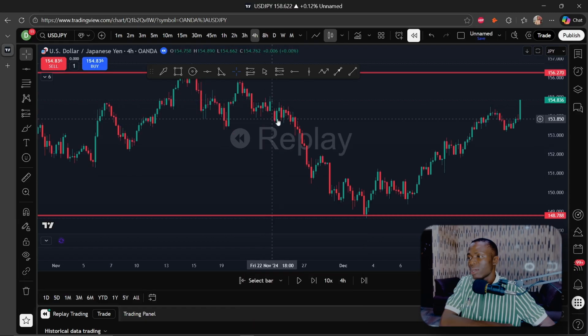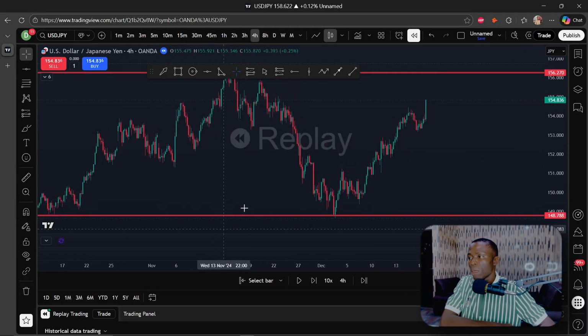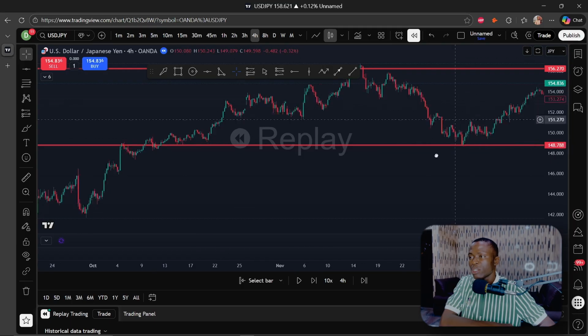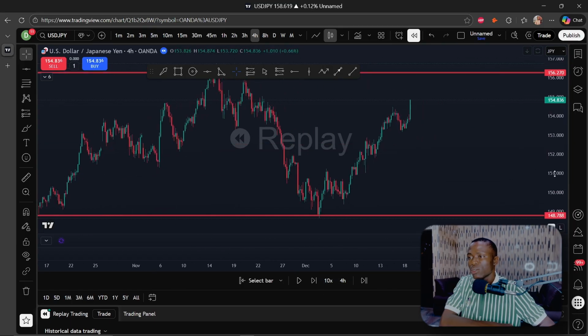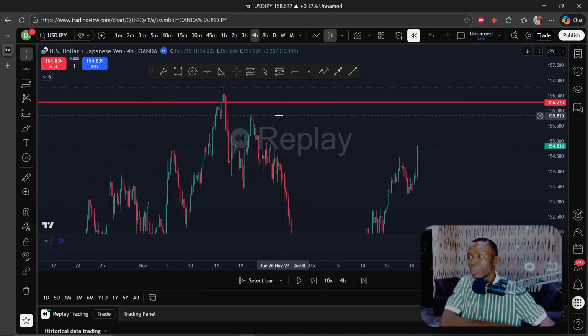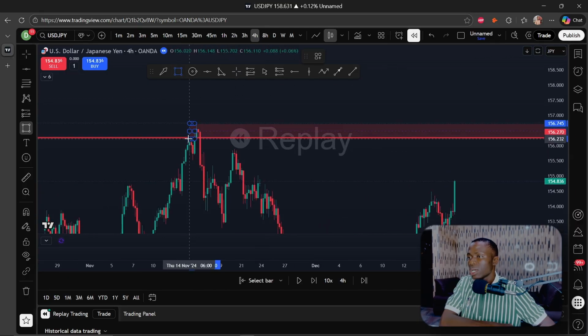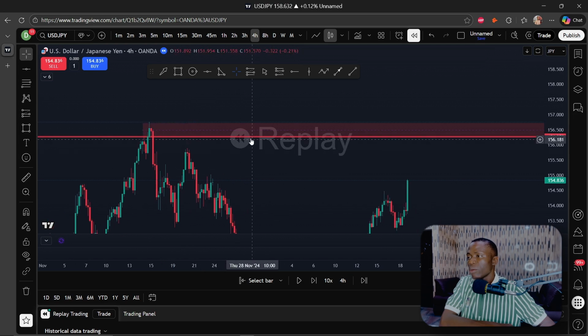Now on the 4-hour time frame here, we can clearly see that the market is buying from this support level right here. If we try to sell it, it might be a bit risky. So basically what we are going to wait for is for the market to break above this resistance level right here. I'm going to wait for the market to break above this daily high, which is also the 4-hour area